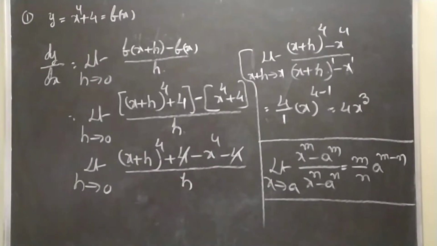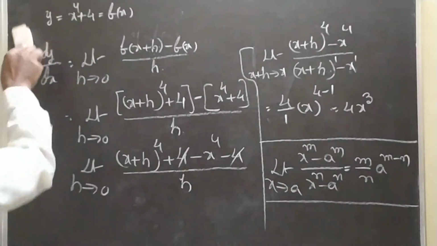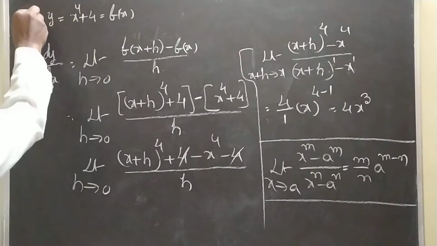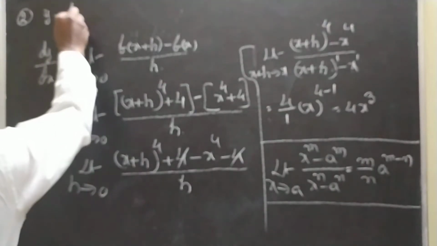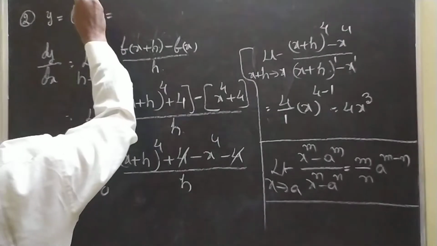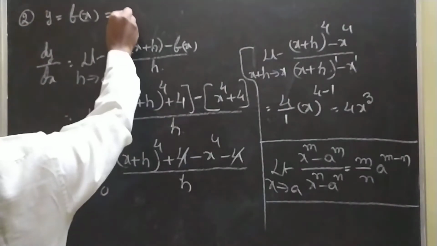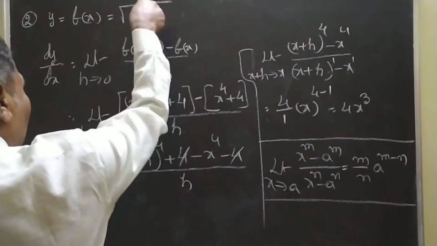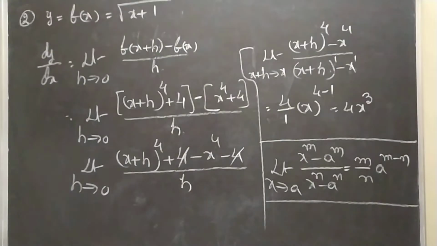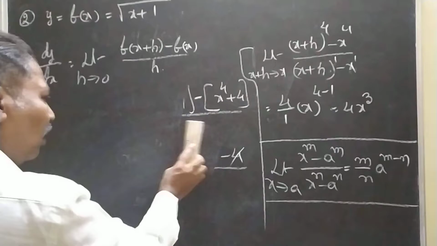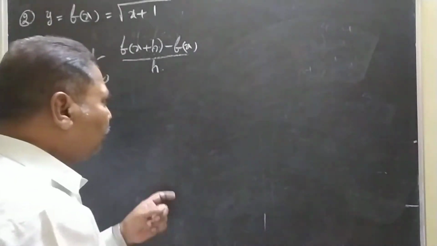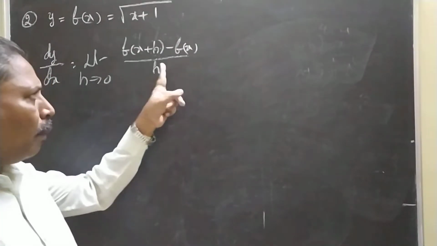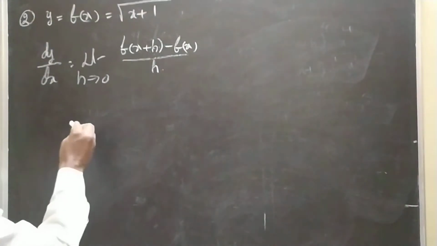Next, second problem. y equal to f of x equal to under root x plus 1. So the first principle formula is this one. Apply this formula. Limit